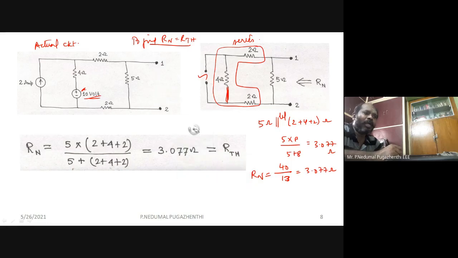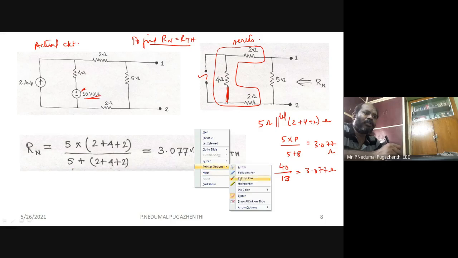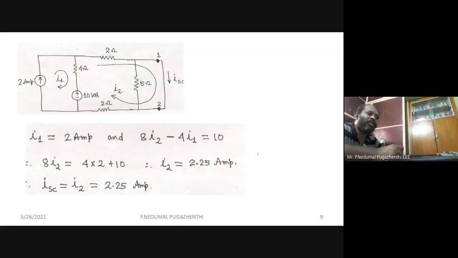So I will short circuit those terminals 1 and 2, and I will try to find the current. You can see that this is how you can short circuit. You have short circuited 1 and 2, and I will try to find the current passing through that. So how to deal with that? I have two sources here, and I will consider both. I have assumed the first mesh is going to have I1 as a current, and the second mesh is going to have I2 as a current.